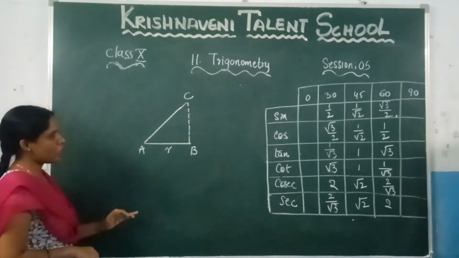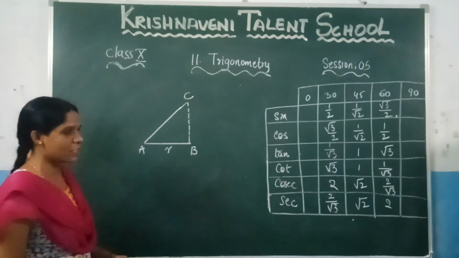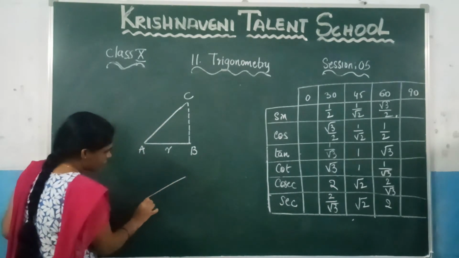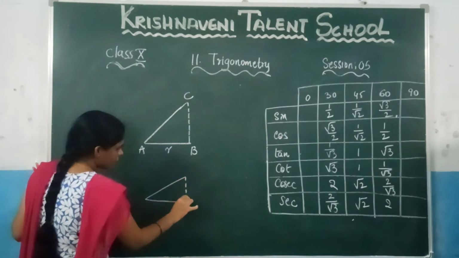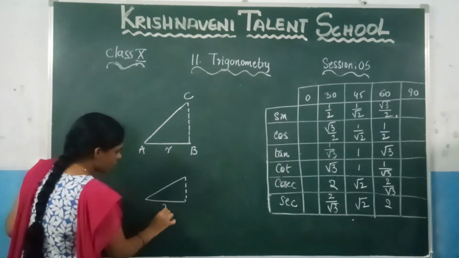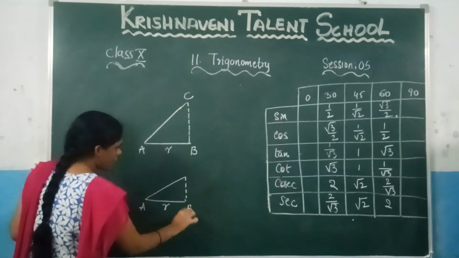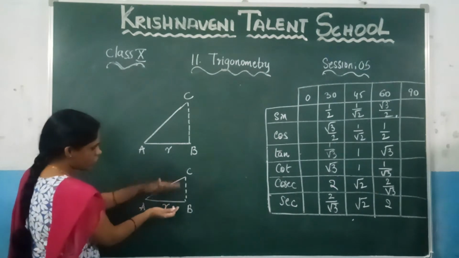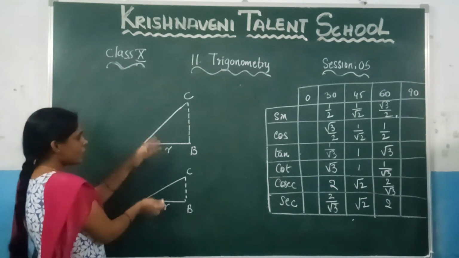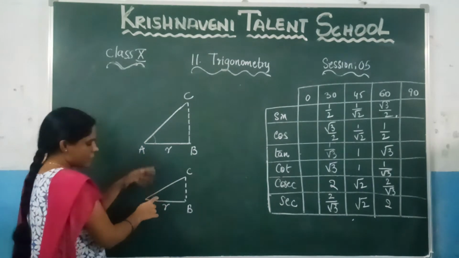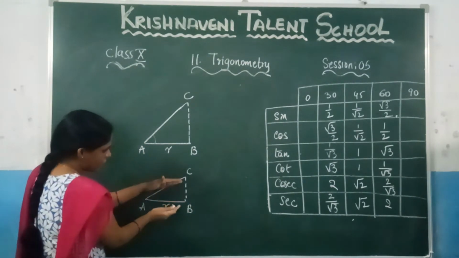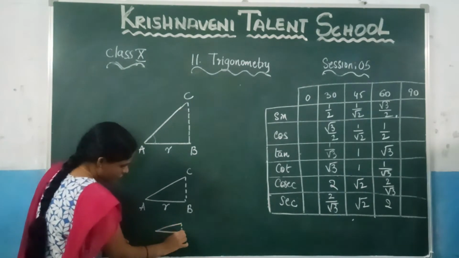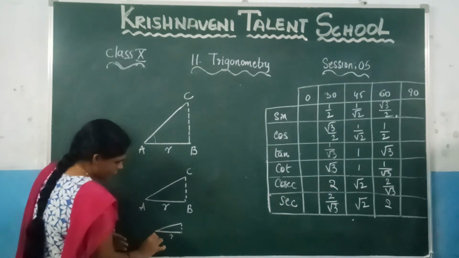Now you can observe we are talking about 0 degrees. If the angle is decreasing like this, how will you get it? You will get an angle like this, right? So again this one will become R, and this is A, and this is B, and this is C. If the angle keeps on decreasing like that, what will happen? These two lines will coincide with each other, right? Again you will reach this stage. This one will become R, and this is A, and this is B.